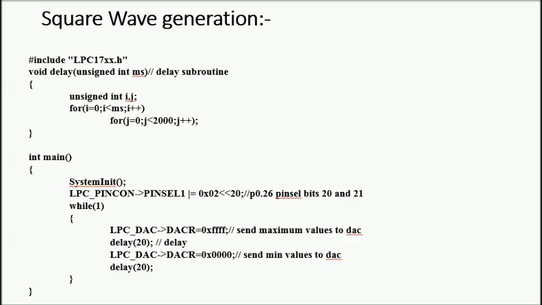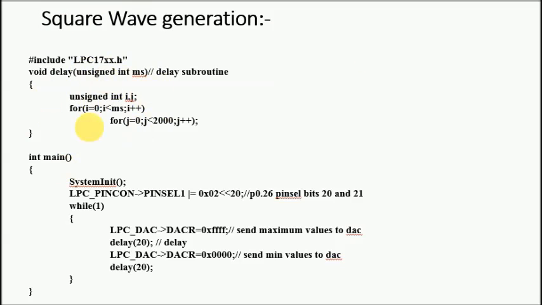Next is the square wave generation. It is a very simple part. I am calling one delay here. In the square wave generation, we have the pin status, maybe first it is 0 and then it is maximum. Now here I am using the DAC. So in that case, the DAC register should be minimum for some duration, and then it should contain the maximum value for another duration. Here I am taking the on time and off time the same, so I am calling a single delay.